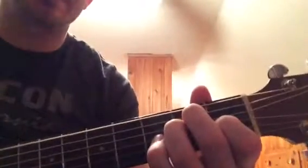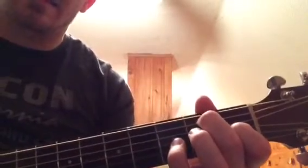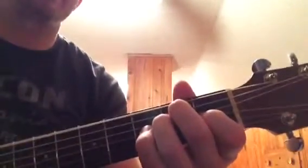Something like that. You can take your first finger off and turn your E major into an E minor. You can take your ring finger off and turn it into an E dominant 7. That sounds pretty cool. And what I like to do a lot is take my middle finger off of the fretboard to make an E suspended 4 chord,